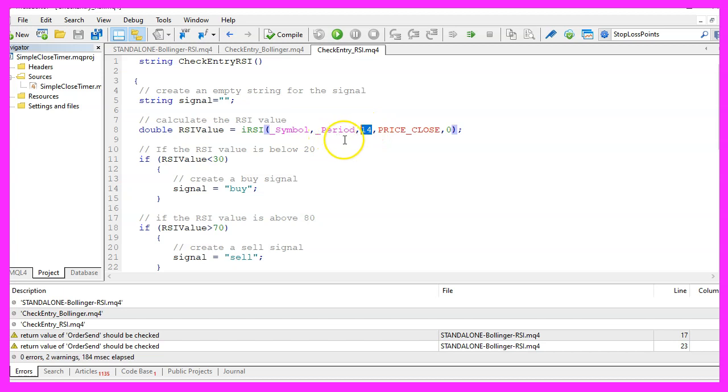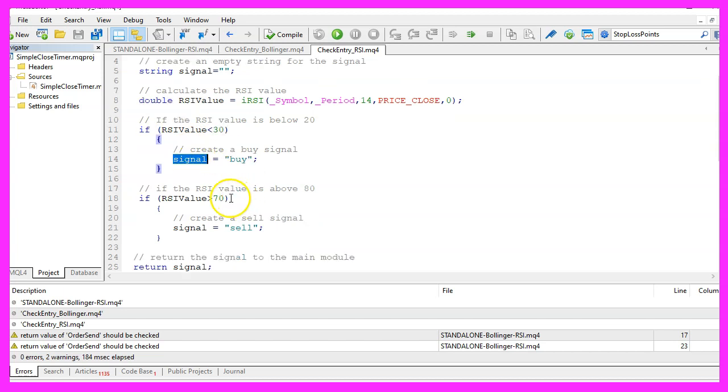We calculate the value for 14 candles for the close price, and we do it for the current candle, that's candle 0. And if the RSI value is below 30, that would mean we have a buy signal. And that's when we assign the word buy to our signal.